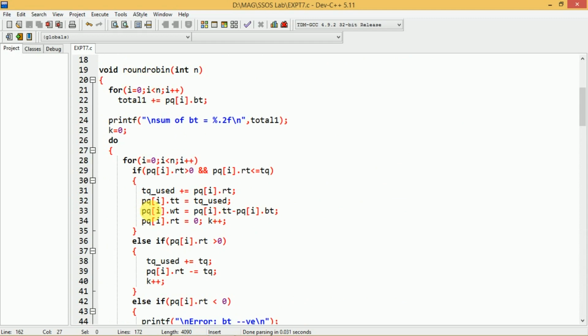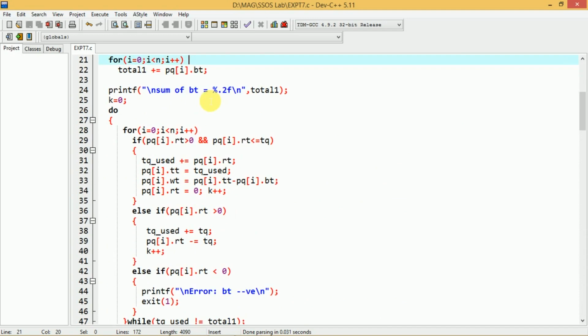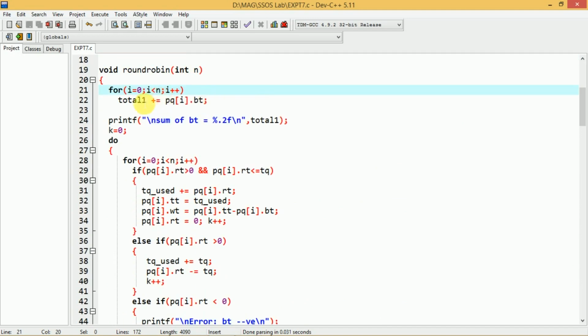Let us see how this function is implemented. This is the body of the round robin function. It takes argument n. Initially it will calculate the total burst time. For i equal to 0, i less than n, i plus plus, total1 plus equal to pq of i dot burst time.